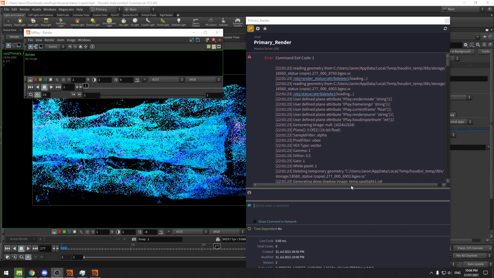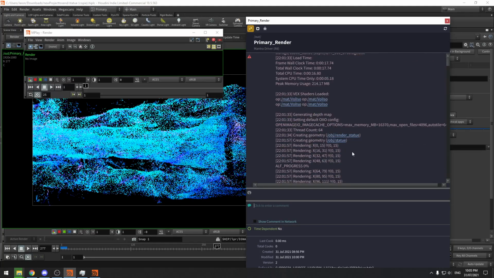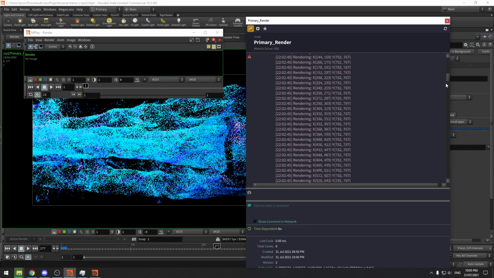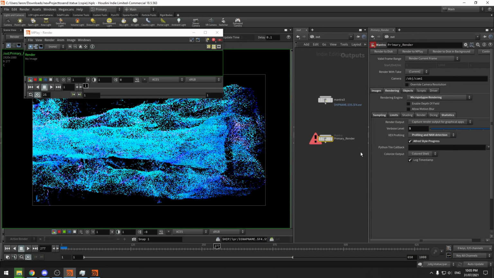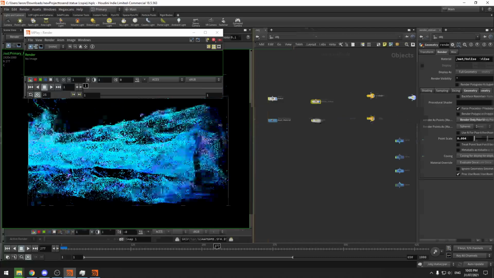So there were a few errors that were coming up, and what I'd like to show you is that the reason they were coming up is because of these. It's trying to create a deep shadow pass, and it's failing. So what we'll need to do is turn this back off, turn this back off, and turn this off too. What I need to do is go out to my OBJ here, and let's actually make a path for